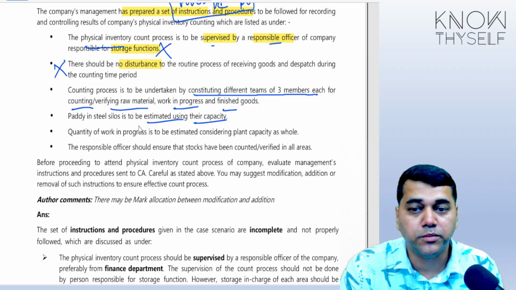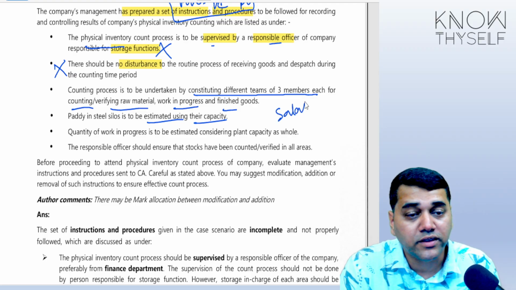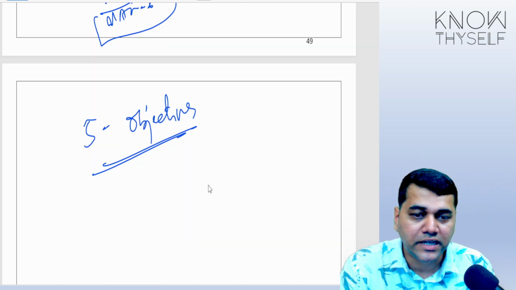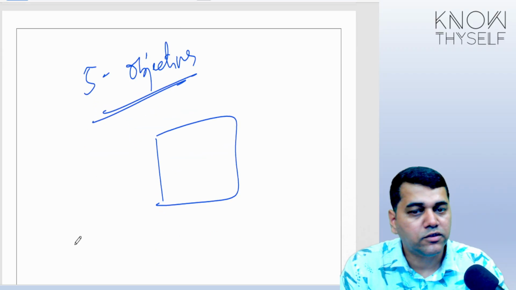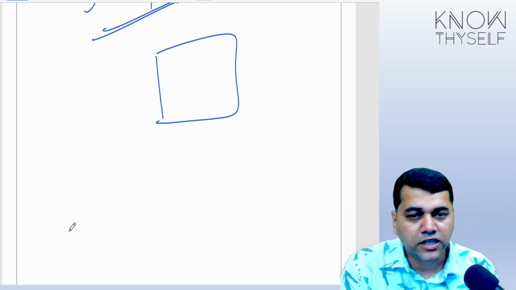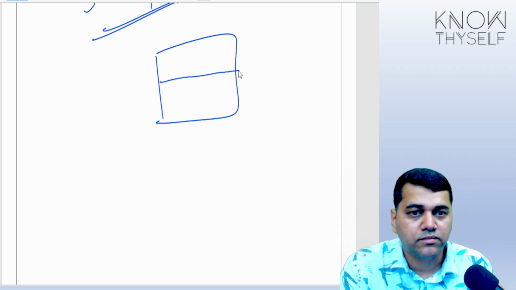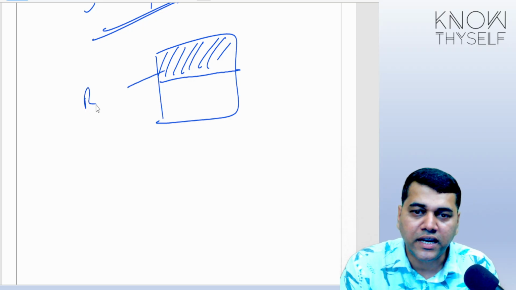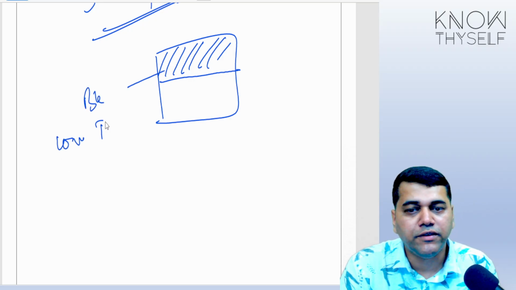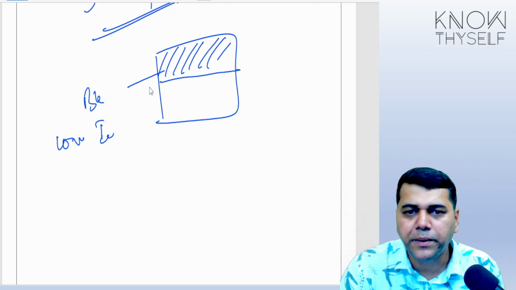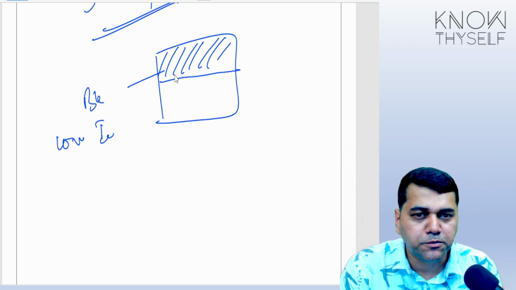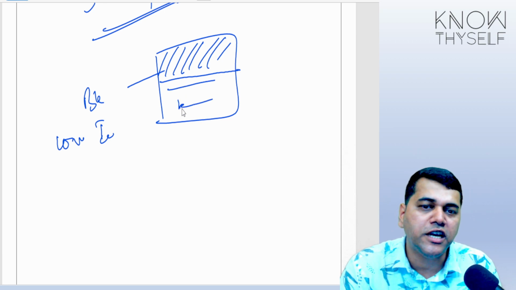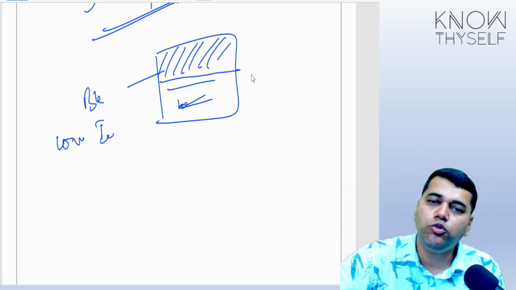Okay, for your information students, I don't know whether I told you, there is something called the salad oil case. You see what type of fraud people do. See, there are some containers. Now there was a company called Salad Oil Limited. They filled these containers with water, and a little with oil, and they went to the bank and took a loan on inventory, and they knew that they were not going to pay. When the inspection people came for inspection, they saw that this particular tank was filled with oil, but at the bottom there was completely water. Like this, they were taking huge loans.